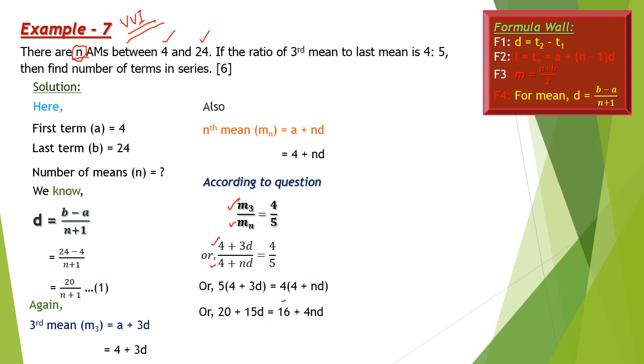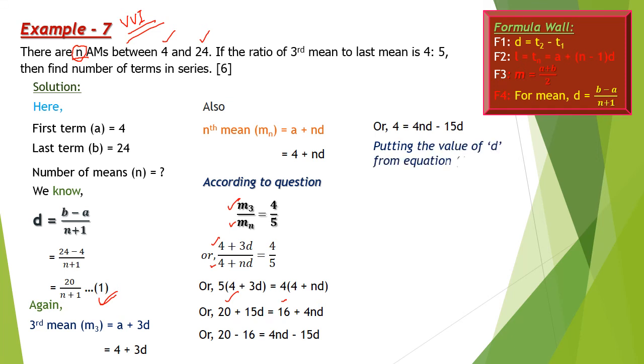Now we have the numbers here. We can subtract: 20 minus 16 equals 4nD minus 15D, or 4 equals 4nD minus 15D. Now it is the right time to replace the value of D as 20 by n plus 1. Okay, now this is the right time. Putting the value of D from equation 1, we get,